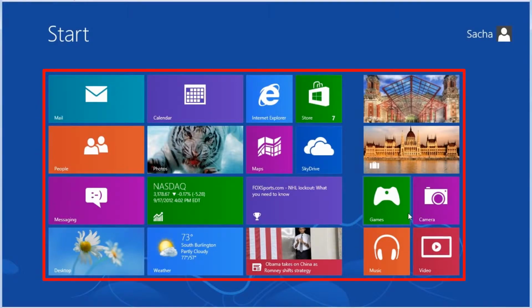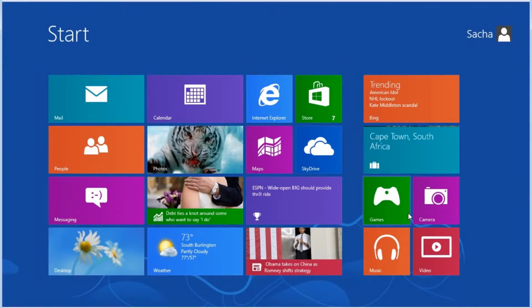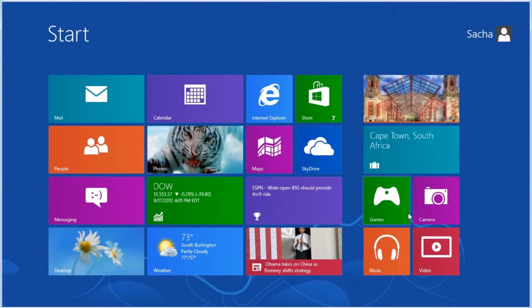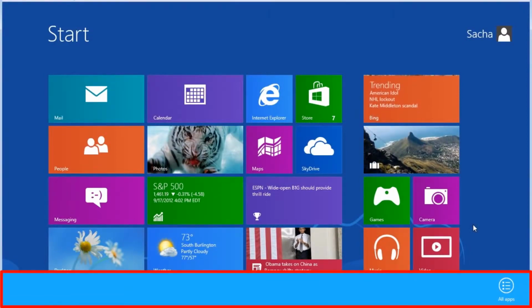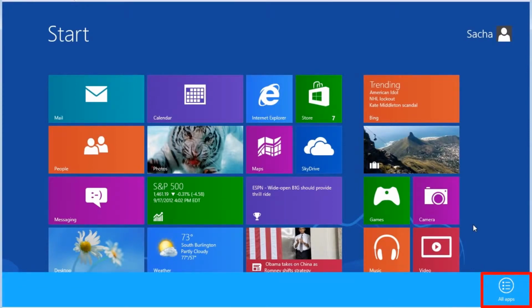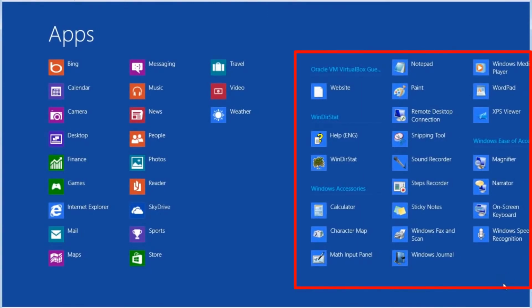In addition to being able to open the new modern UI Windows 8 apps, we can still launch Windows desktop applications. To show all the desktop applications installed, we need to right-click somewhere on the Start screen. We can then see a new toolbar at the bottom of the window with an All Apps button on the far right side. If we click the All Apps button,